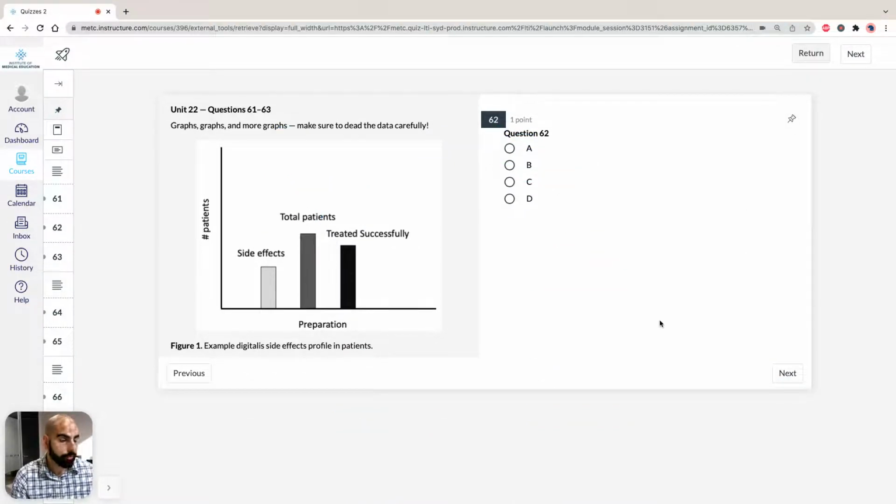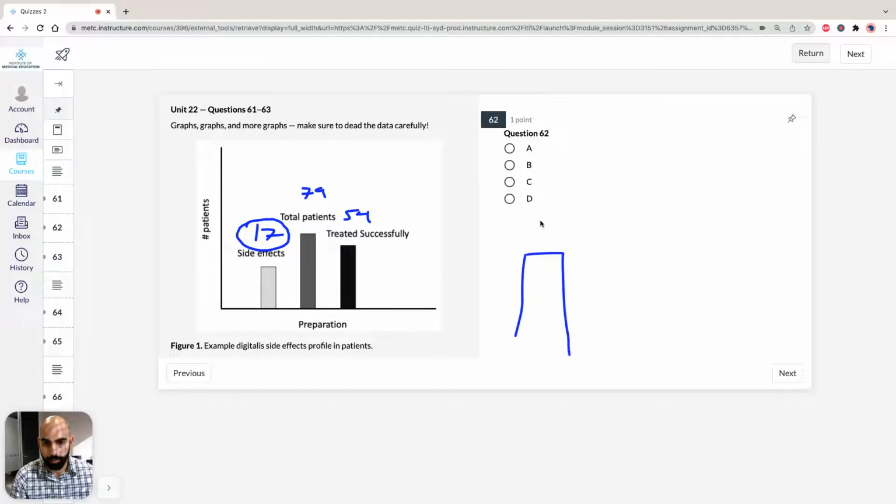the question asks, for watery extract, suppose that the side effects only occurred for patients who were treated successfully. So if we go up and take a look, we've got 79, and over here, treated successfully, was about 54. It says side effects only occurred for patients who were treated successfully. How many patients had neither successful treatment nor a side effect? So we can say all of these patients were treated successfully, which means if we take a look